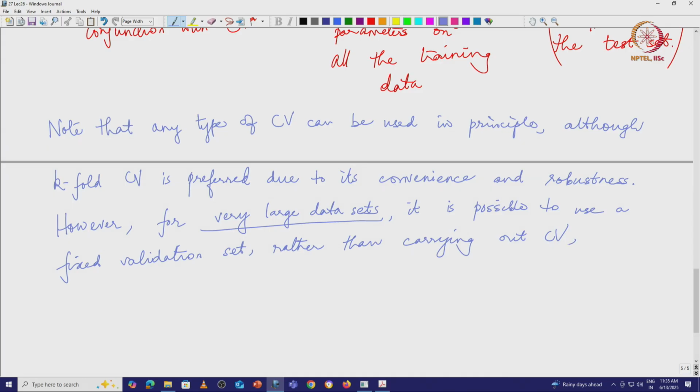So, this is done to reduce the computational cost